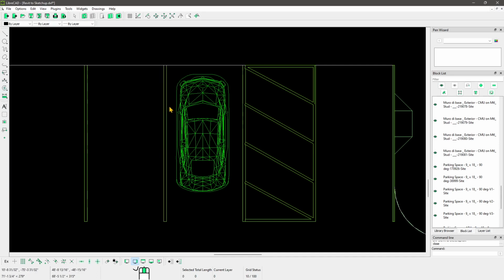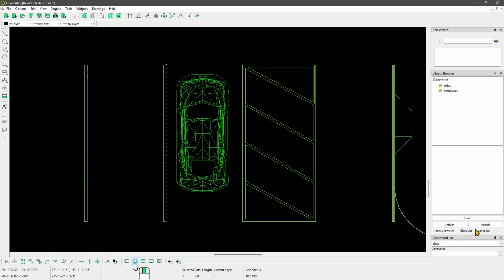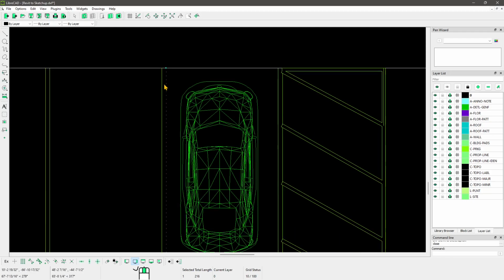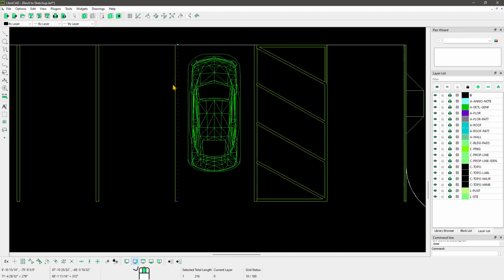So when you explode, you can then click and select each single entity, each single line of that. You can see we also have layers, again, that have been exported from Revit into CAD. So when I select this line, this should be a parking lot. So if I select this line, you can see the length here is